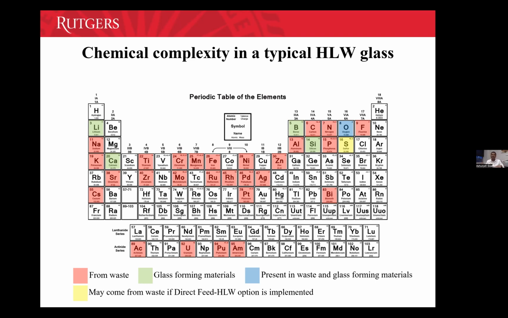They have got almost everything from the periodic table. What you see on the screen is only the high level waste glass composition, or the high level waste elements present in the high level waste glass. Low activity waste glass is completely different. It has a different set of elements in it. Some overlapping, some different. But what I'm trying to say is that we will add more elements from this periodic table, right? So having said that, to make glass out of something so complex is challenging.